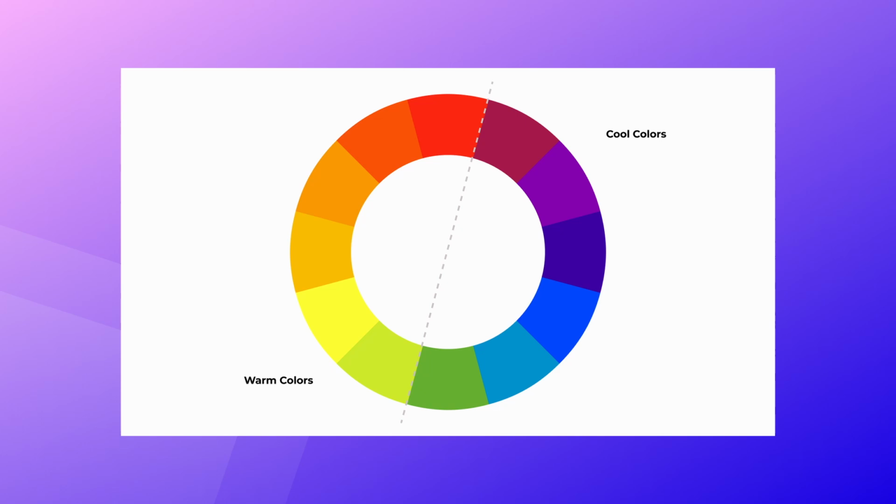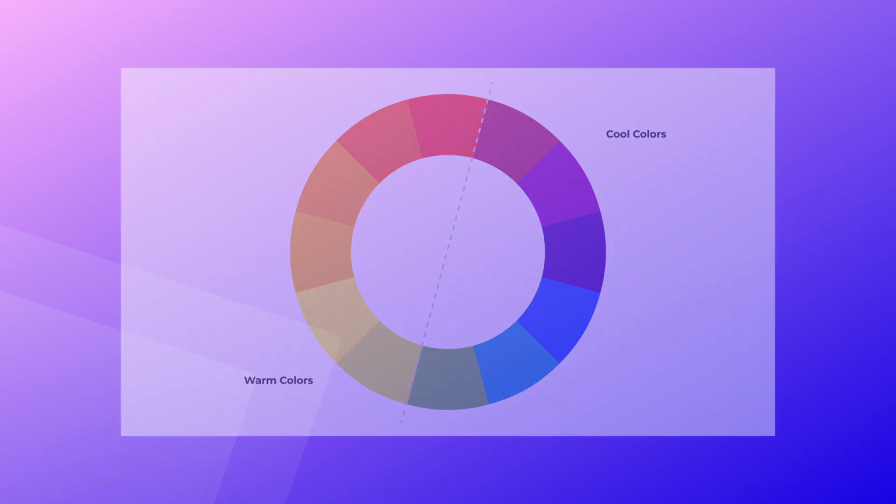When you split the color wheel in half, you get 2 main color palettes, warm and cool. Warm colors, which include a lot of yellow and red, tend to create feelings of passion and happiness. However, they can also seem aggressive and suggest danger, which is why they're often used in warning signs. Cool colors, featuring more blue and purple, are linked with cool climates, clear water, and the sky. They have a calming effect, but can sometimes make you feel a bit sad.